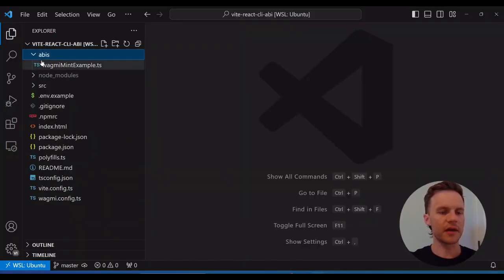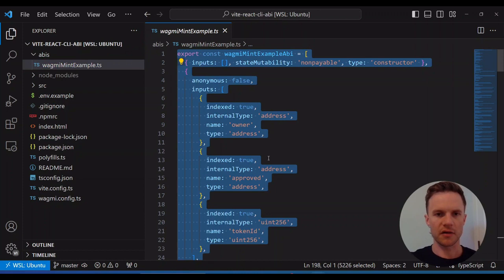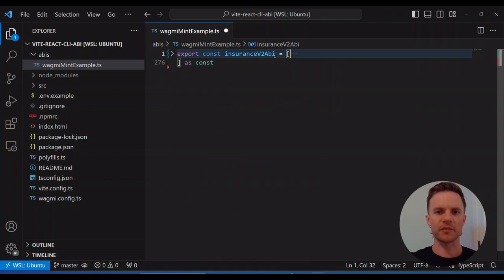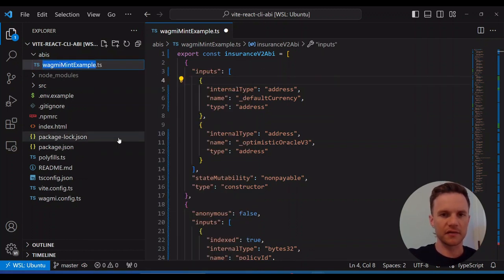First folder is ABIs, and so they have one example ABI in here, which I'm going to select all and replace with the insurance v2 ABI, and that will be in the linked repo. One thing to be careful of when you're defining your ABIs is that it's exported as a constant variable, but then you also have to set the type to a constant at the end of your ABI. So that messed me up. Lost some time to that. And I will rename that to suit